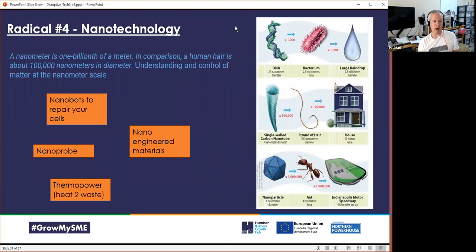So this has got a bit of a spooky side for me. I don't really like things I can't see. Then again, I think there's a lot of exciting applications for particularly material science. The example in the middle there about having some kind of surface on a building which might collect the solar energy could be very exciting. So there's lots of low carbon applications in nano.